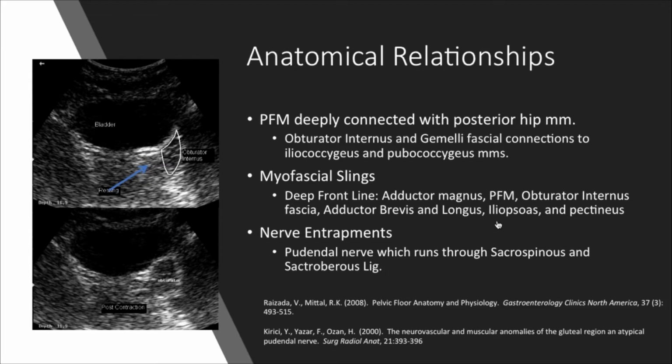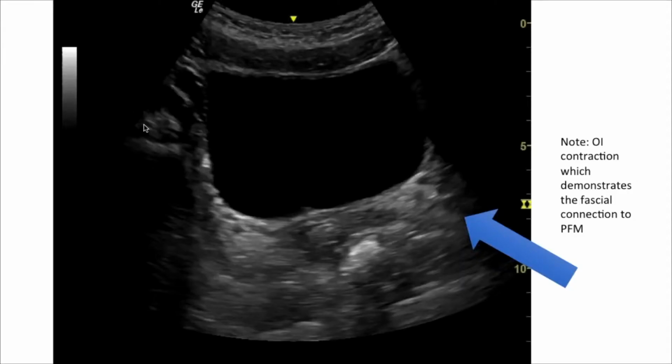And if you look over at the picture, looking at our bladder down here, this is actually an image of your obturator internus. And so you can assess, is there any restriction or connection between the pelvic floor's ability to contract, and is that obturator internus having any type of effect on the quality of your contraction.